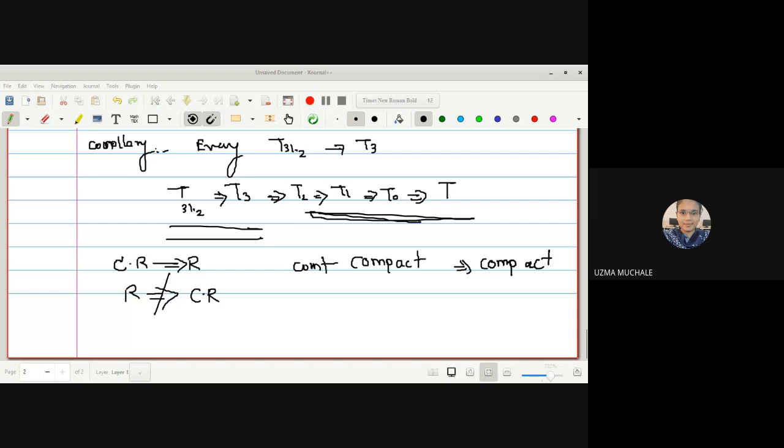So the remarks we have got from this one theorem are that every T3 half is a T3, and the next remark is that every regular space need not be completely regular. If it were so, we would not define them differently. So let us go for the next one. We have already seen the definition of T4, but simply we have to see the relation, that is, whether every T4 space is a T3 half space. In the next one, we have to prove that every T4 is a T3 half space.